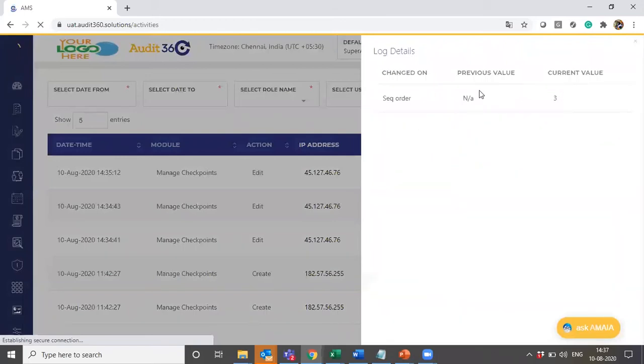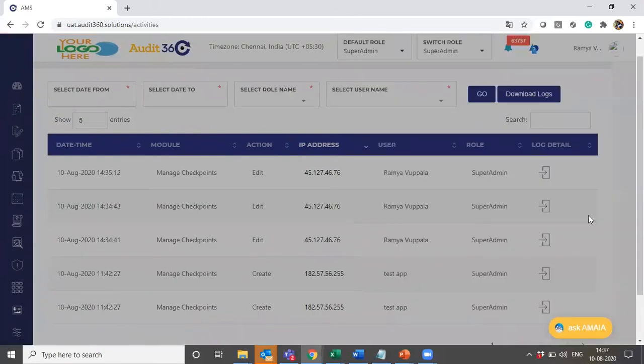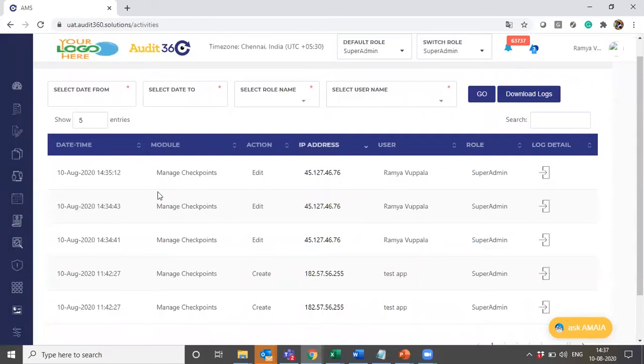If you have created something new, the previous value would be blank. If you change it, both the previous value and the current value are shown. These details are very clearly mentioned for each activity, and it is easy for a user to know what activities were done. In the table format, the column details we share are the same.